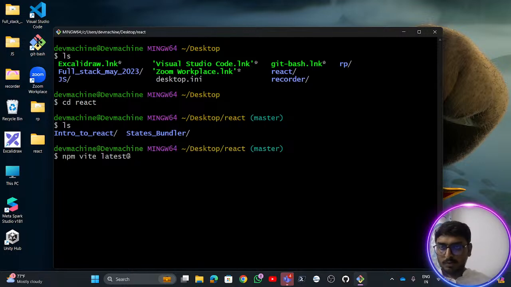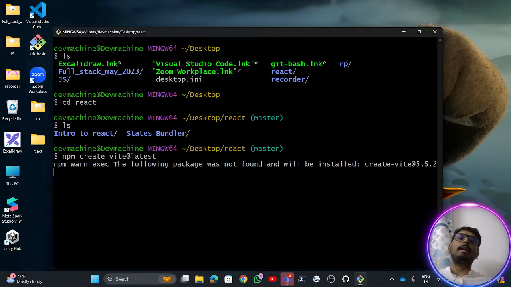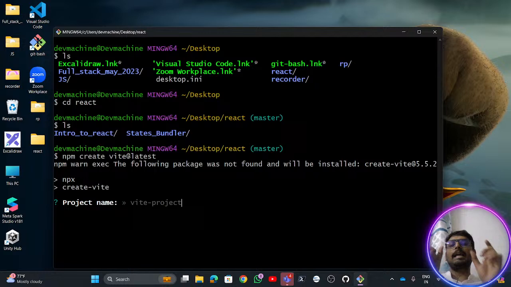Okay, again my keyboard is not working. Sorry. npm create vite@latest. So this one single command is similar to npx create-react-app project. Similarly, npm create vite@latest is actually known as a bundler